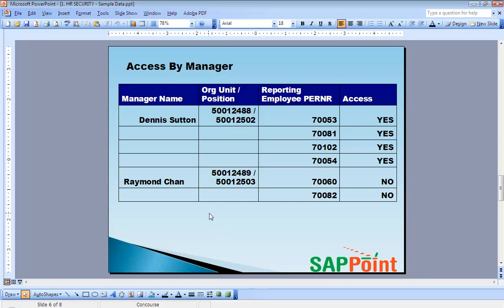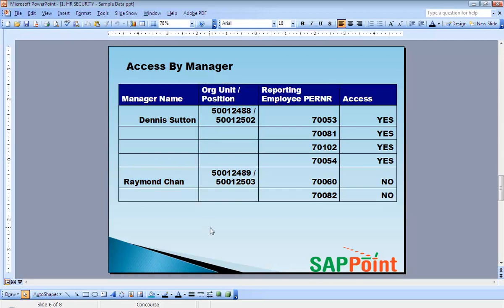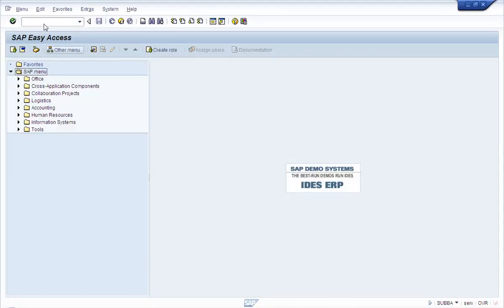Before we assign the structure profile to this user using info type 1017, we will make some checks as to what access Raymond Chan has, whether Raymond Chan's user ID has been linked to his partner, and also make sure that in the table T77UA there is no entry for Raymond Chan. So the first check that we'll make is to see whether Raymond Chan's user ID is assigned to his partner. So let's go to